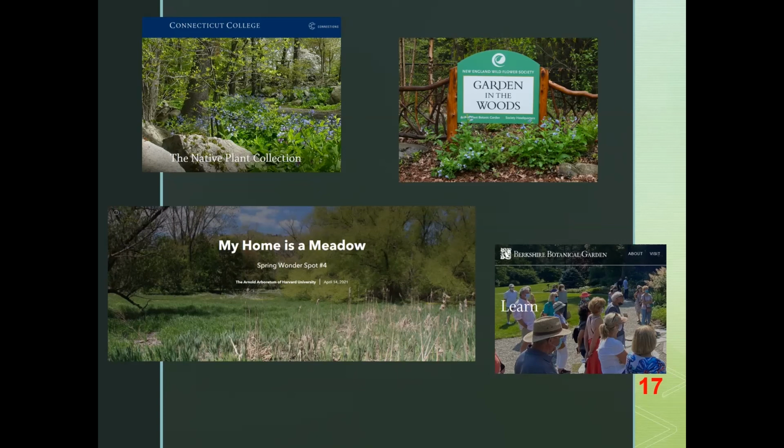They have also started to build an extensive meadow system there, and it's in the very early process. So if that's something that you're interested in exploring, it's a great example of how to go about that and see what the possibilities are.